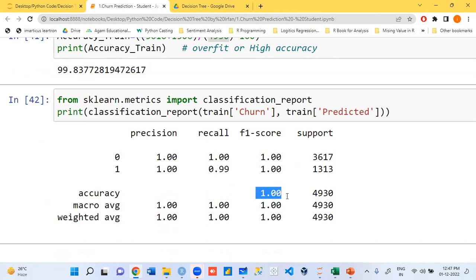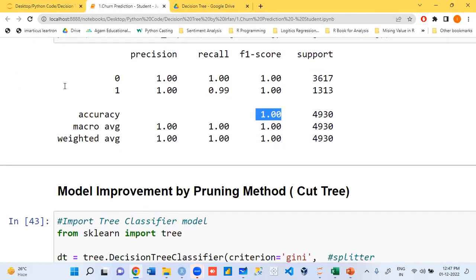To control overfitting, what do we do? Pruning. How many steps do we have in pruning? 3. What are the 3? Minimum number of samples in parent node, child nodes, and maximum branches.